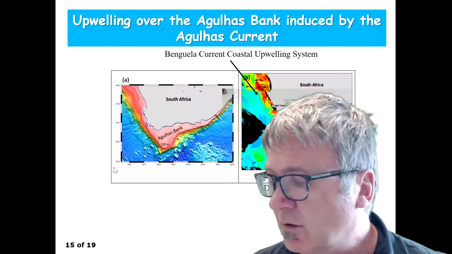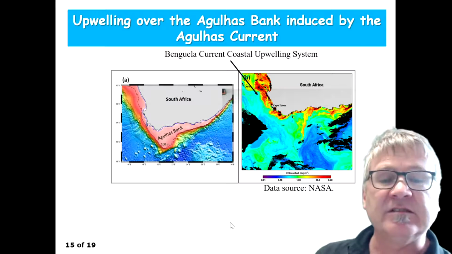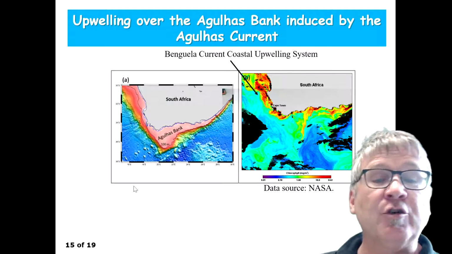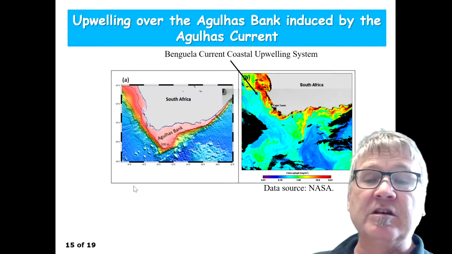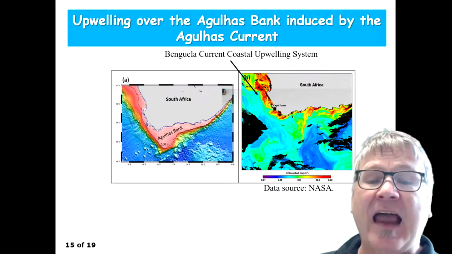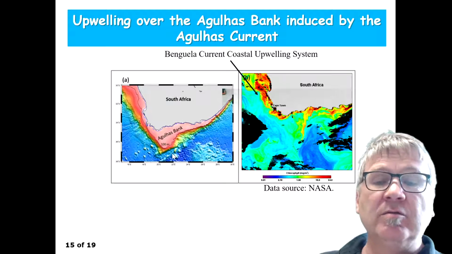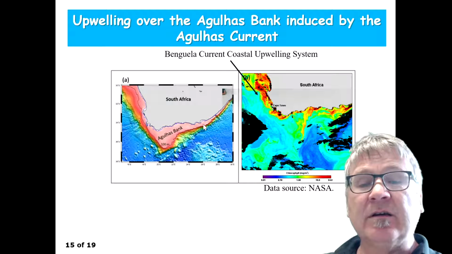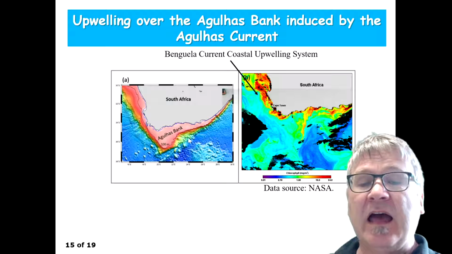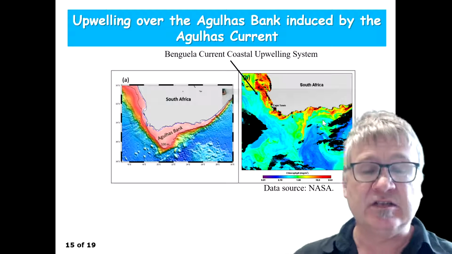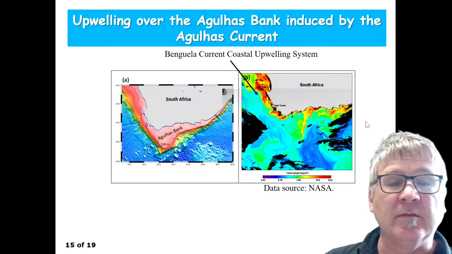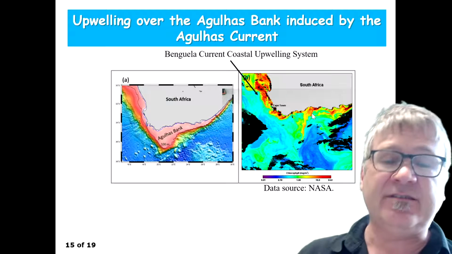And let's have a look at the more recent satellite observations. This again is chlorophyll A concentration here on the right. On the left shows you the bathymetry of the Agulhas Bank. You can see it's a 100 meters shallow shelf region. Okay, the blue is 4,000 or 5,000 meters. And you can see this is the shelf edge. Okay, the shelf break, 100 meters. And on the right-hand side, you can essentially see the so-called filaments, we call them. Okay, you can see regions of enhanced